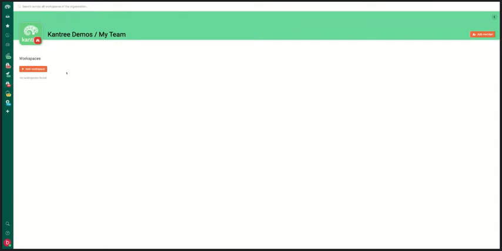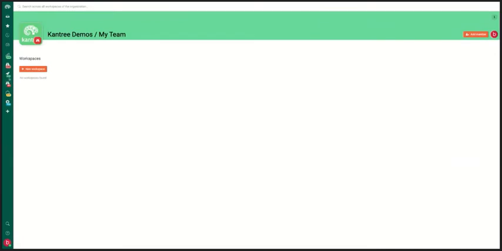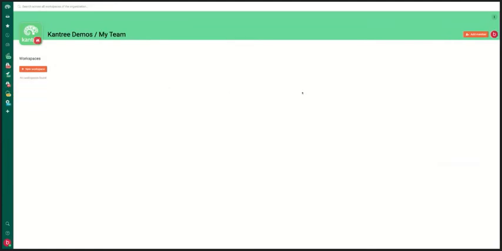From there, it's very easy to navigate. You can either go back to Kantree Demo, or, as you can see again on the sidebar on the left, you can directly jump, for example, to your new team, my team, and you can navigate through all the different teams that you have with just one click. So if we go back to my team,